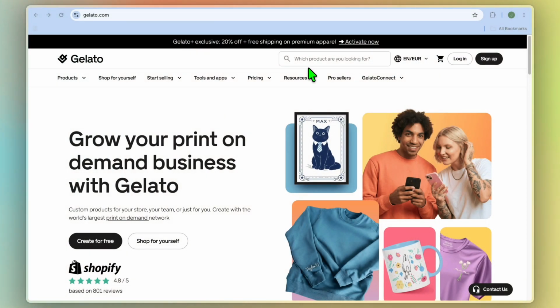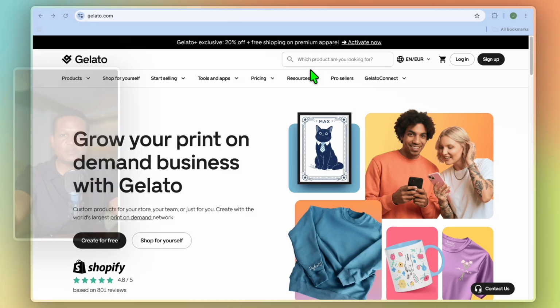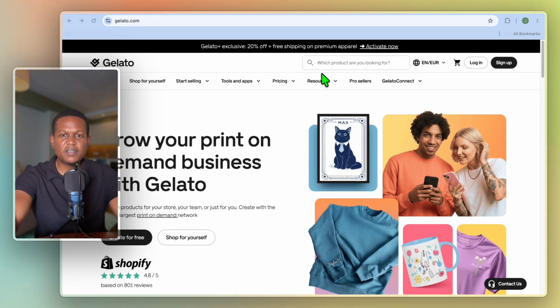That's where the print-on-demand platform Gelato comes in. Gelato allows you to upload your photos to products such as posters, framed prints, canvases, and other wall art. So when someone places an order through your online store, Gelato produces the print and ships it directly to your customer. That means you don't need to purchase inventory in advance, store boxes of prints inside your home, or personally package every order. In this tutorial, I'm going to be showing you how photographers can sell prints using Gelato